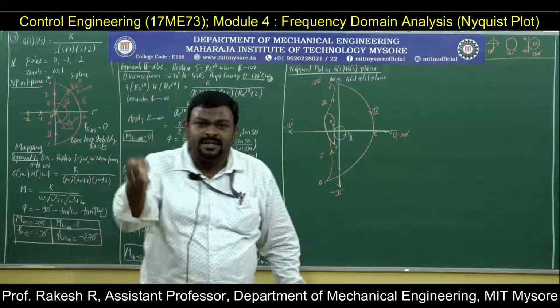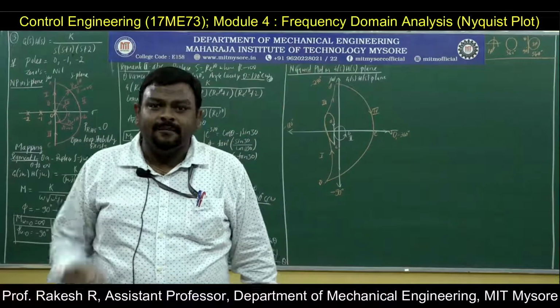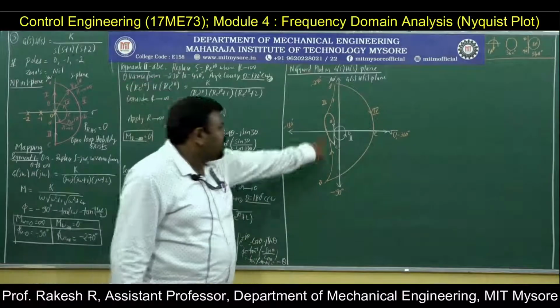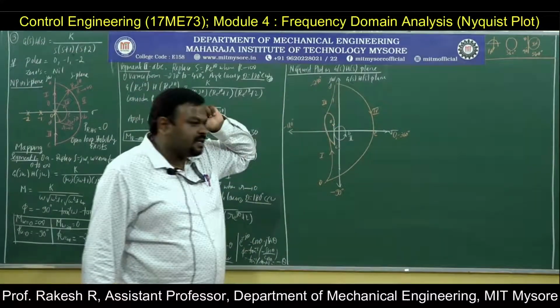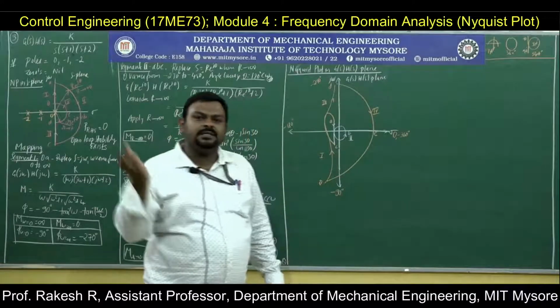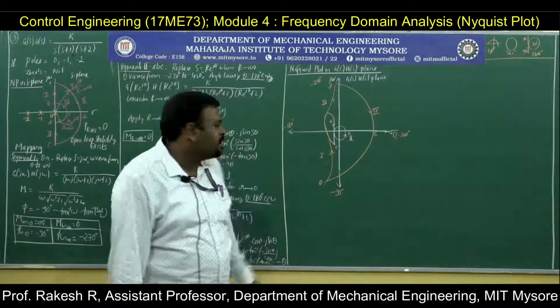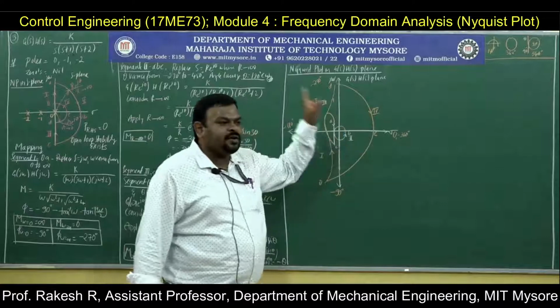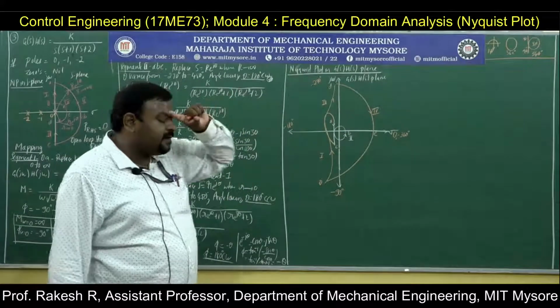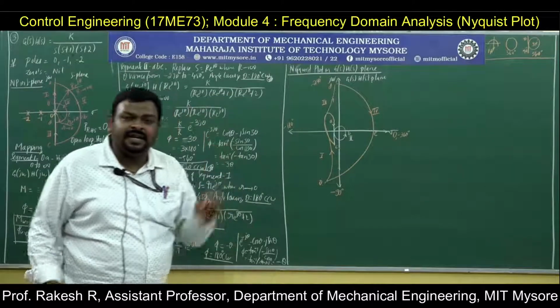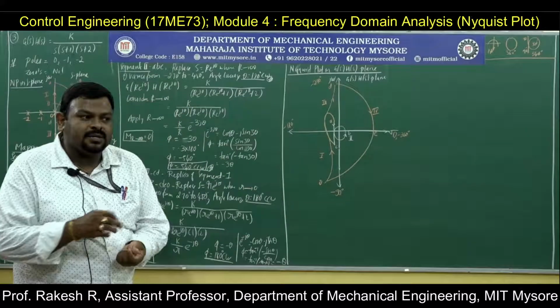Sir, the second segment is also crossing negative real axis. But since we have taken a bypass for second segment, the radius of the second segment will be infinitesimally small. So this plot consideration we will not take. Hence, only first segment and third segment is crossing the negative real axis, because of which